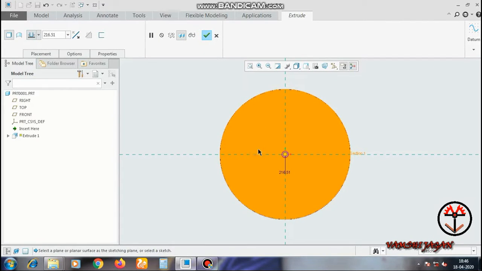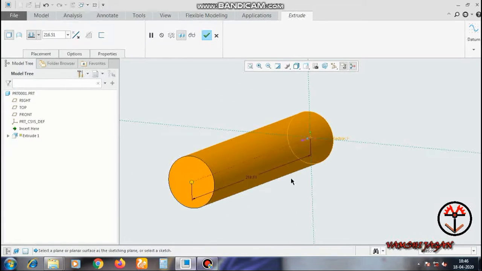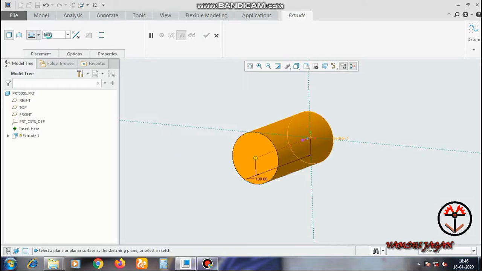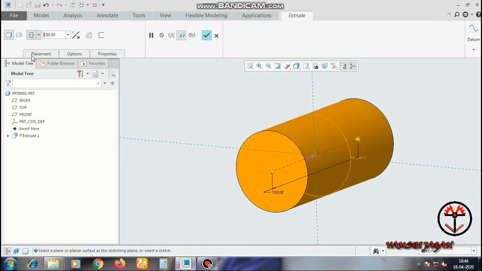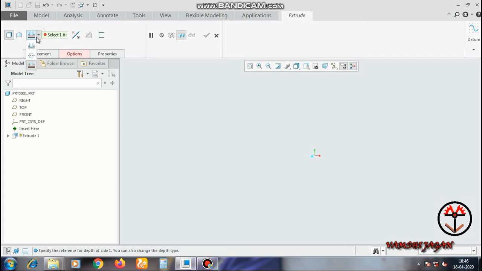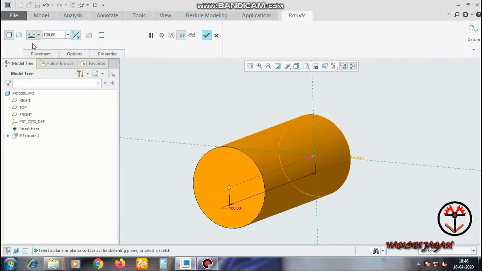After that I will show you in 3D view. In 3D view you can see the 3D view. After that I will keep 100 length of the circle. That line was a plane, so I will keep symmetry, and this was up to surface. I will keep it in blind.